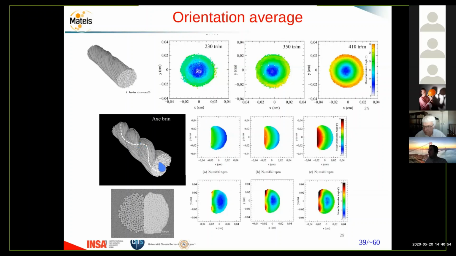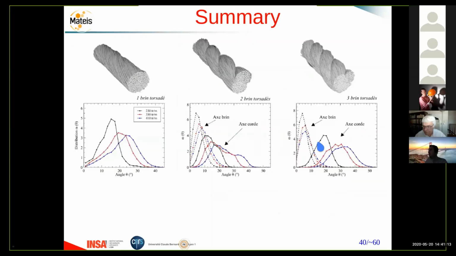What happens if you have 2 different yarns that you mix together? Here, the situation is completely changed. The angles are very high in the middle, and they tend to reduce outside. Okay, so all this as a summary to explain to you that X-ray tomography with tensile tests is a very useful way of obtaining